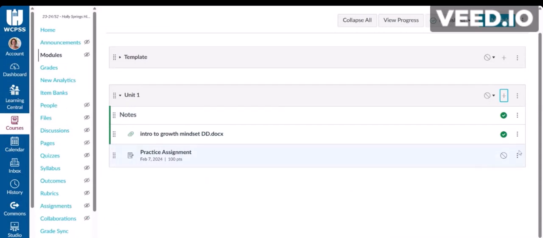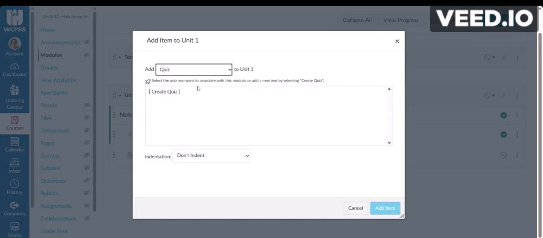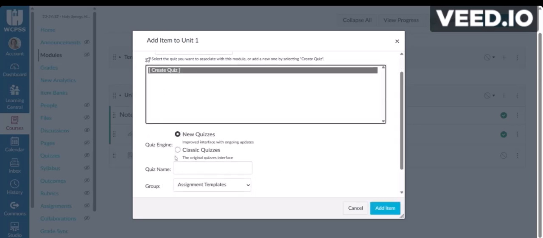Now we are going to learn about quizzes. So I'm going to go to my same modules here, my practice module, which is Unit 1, click on the plus button. And in the drop-down menu, I'm going to click to add a quiz to Unit 1. So you can click Create Quiz, and then you see you have 2 options,